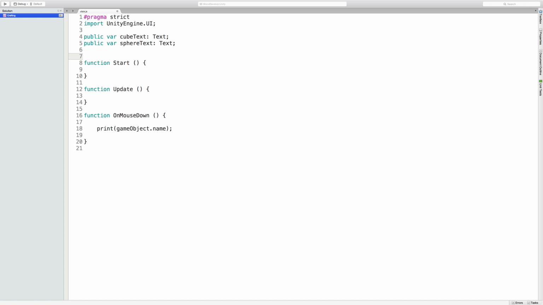Cool. And then, okay, let's say a quick if. Maybe we even store this. That would be good practice for them, I think. Var name equals gameObject.name, and we say if name equals Sphere, then we're going to go ahead and say sphereText.text equals Sphere plus